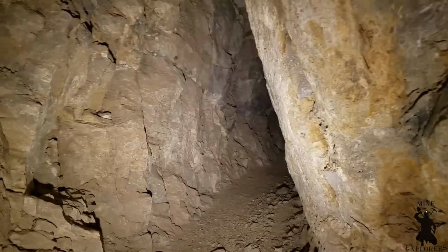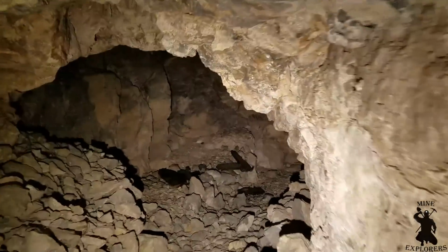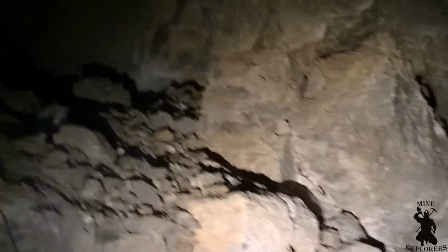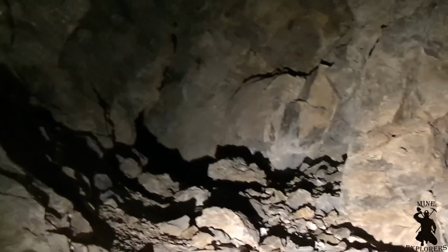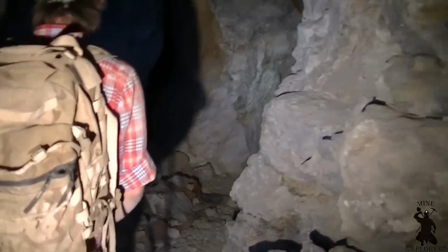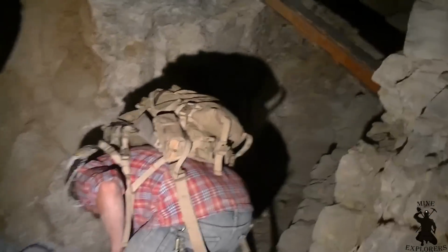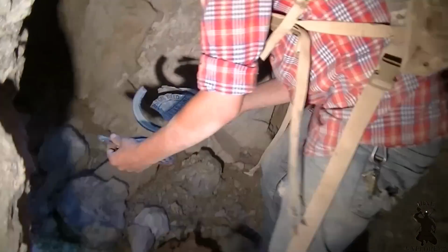All right, so we're back here where the stacked rock is, and we didn't take this drift, and this was one of the drifts I wanted to take. All right, well, I had to change cameras because if you can believe this, I filled the phone up. Have we been in here that long? Anyway, this is one of the drifts we didn't take, and what's interesting is